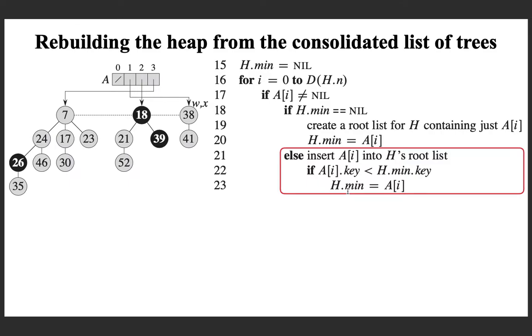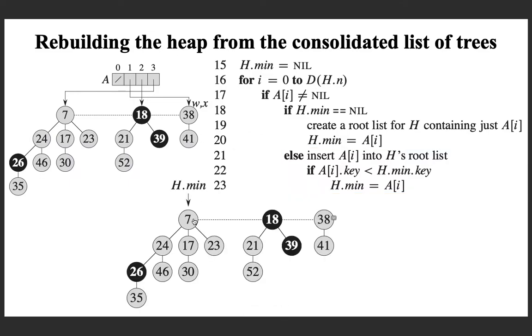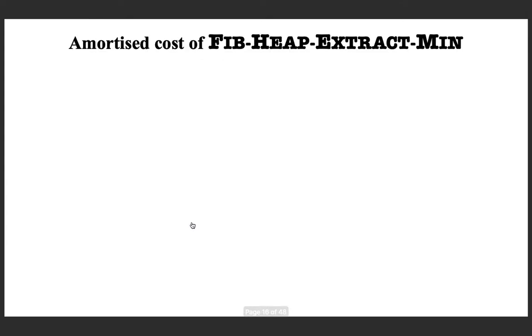Not difficult to understand what this part of the algorithm is doing, and if you apply this algorithm on this instance, you will get this as the heap instance. So this is a circular doubly linked list of root nodes of the trees, and h.min will point to 7. And with this the algorithm is over, and now we can try to do an amortized analysis to find the